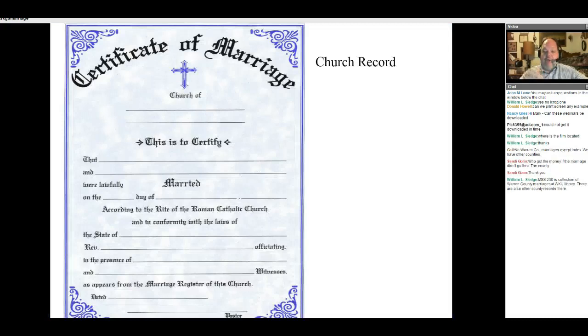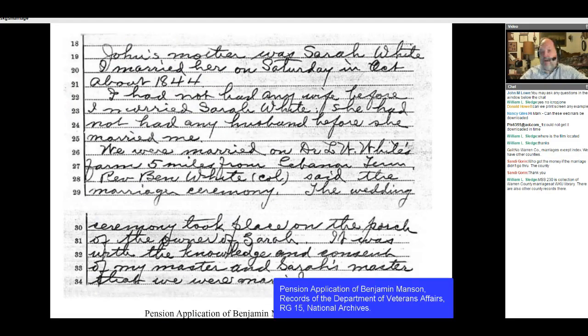And this is a church record. So this is different. This would be two different things, okay? And so is there a church reference or a church record as an alternative? Depends on the group. This is a pension application for an individual out of record group 15 at the National Archives. And if you look right here in the middle,